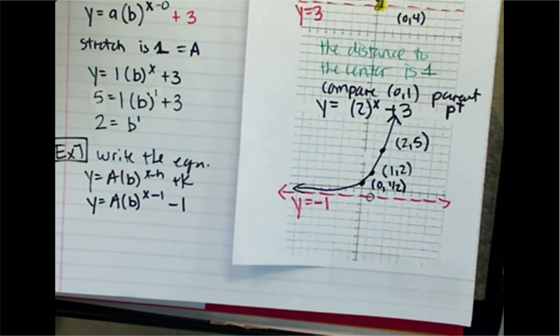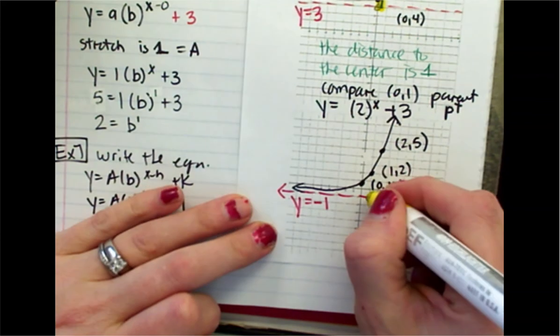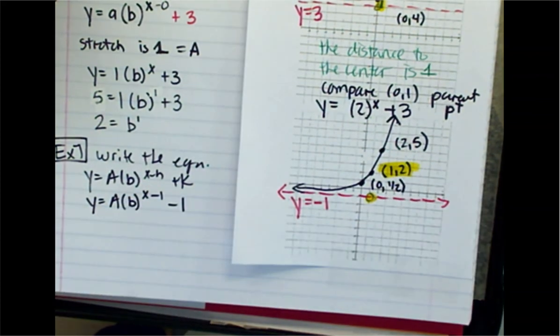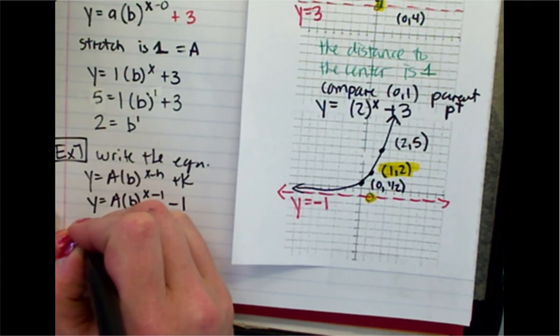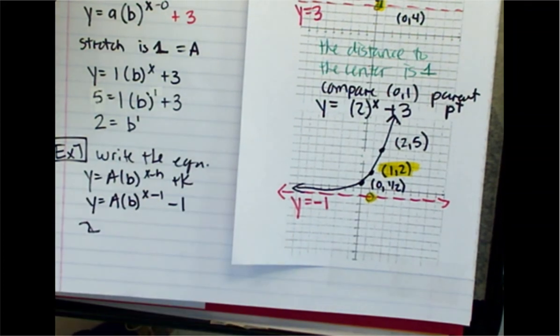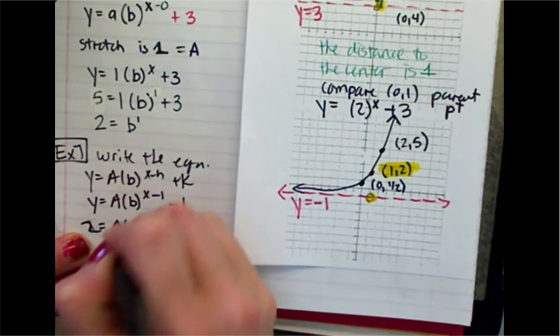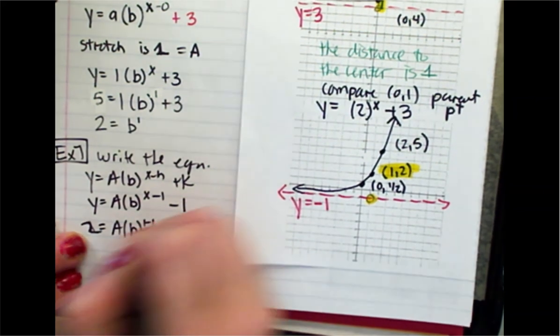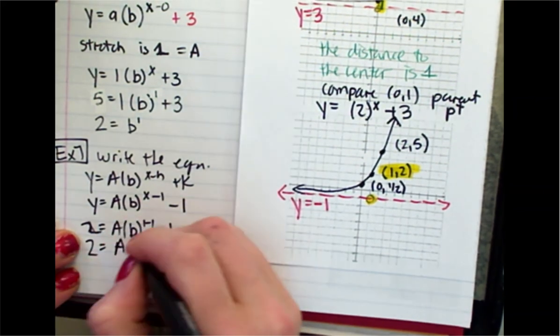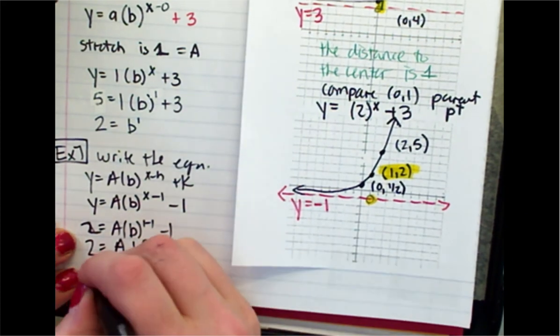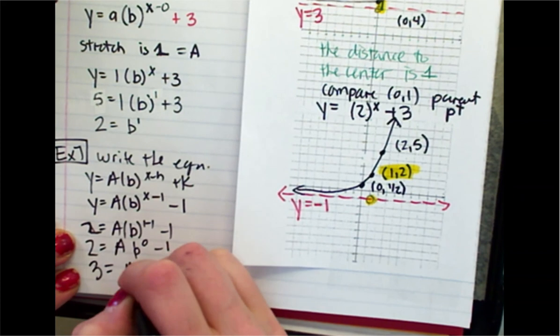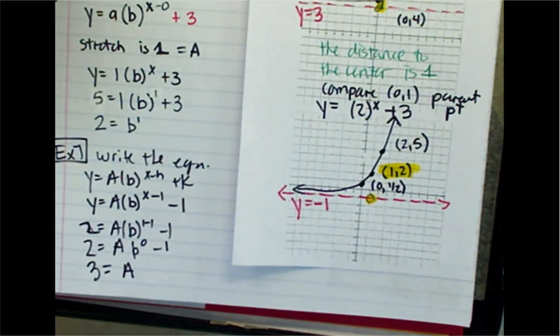Why would you want b to disappear? Because I still need to find a. But isn't a 3? It is 3. Let's say we weren't sure. Okay? Let's say we're not sure. You can do these things algebraically. So let's pick the point that corresponds to my transformation, and that's going to help us eliminate b because it's directly below it. So 2 equals a times b to the 0, which is 1. Is it 4 thirds? a is 3. That is